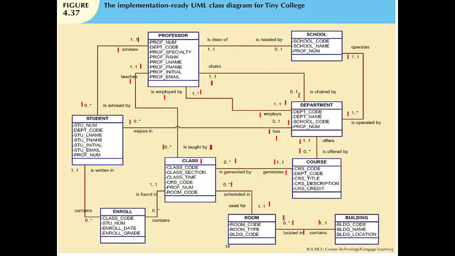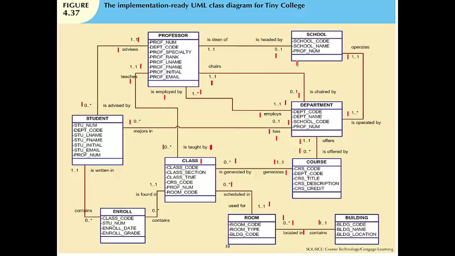See now, as you're going through here, how could a building contain 0 rooms? That's where your optional, mandatory kind of thinking is not all that clear. But here, in the relationship where a professor is dean of 0, 1, or many schools,